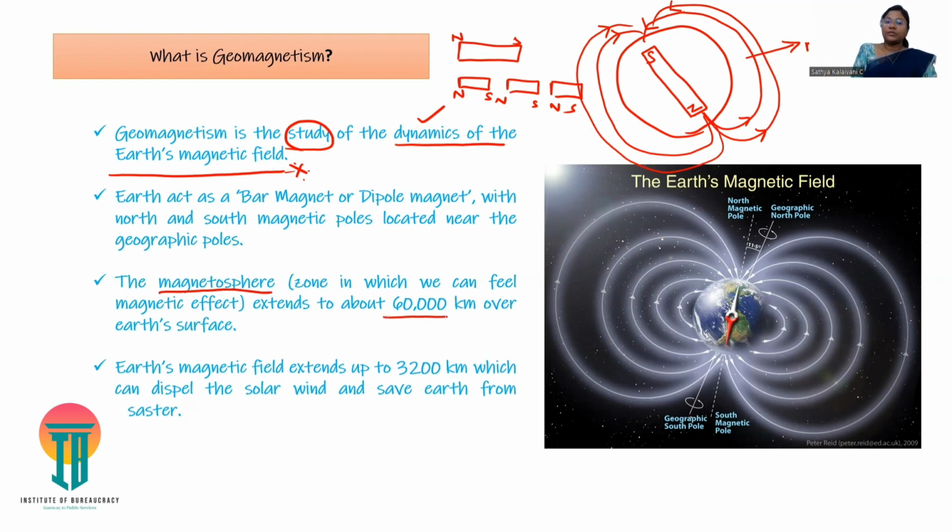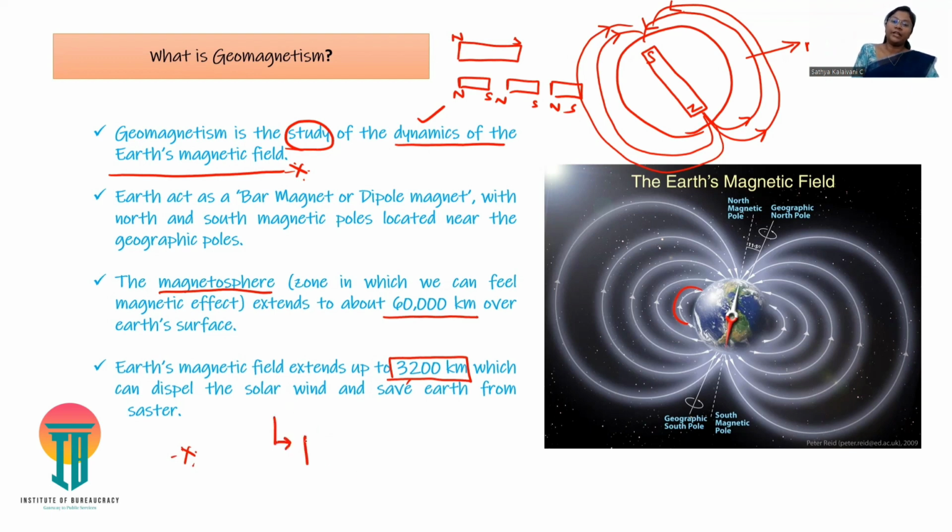It extends up to 60,000 square kilometer. What is the distance of the magnetic field lines? Approximately, from 3,200 kilometers from the Earth's surface we can find the field lines. And how far can the impact of the magnetic field lines reach? Up to 60,000 kilometers. And the foremost important aspect of the magnetic field lines is that